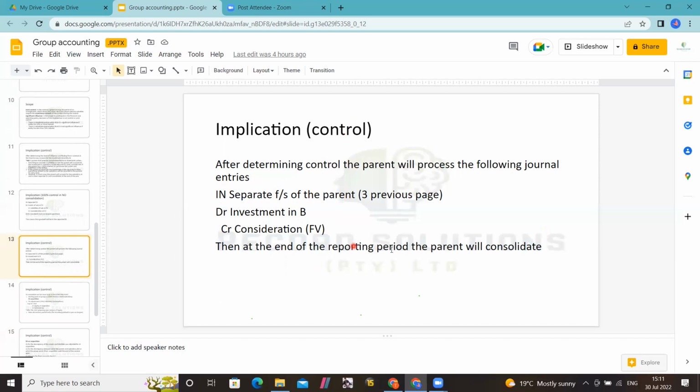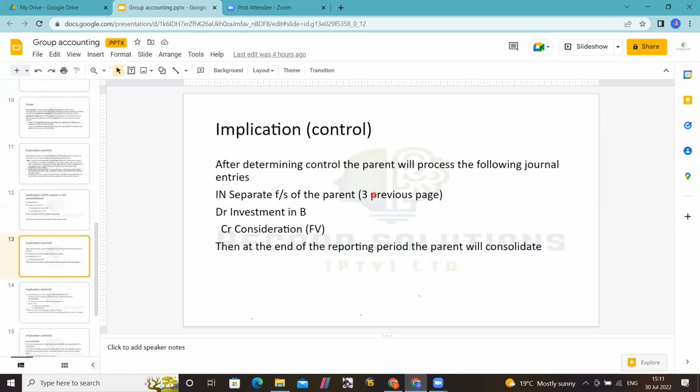Now, at the end of the period, what will happen? The parent will consolidate. And do you see that in the subsidiary's records, there's nothing that's going to be recorded when this transaction happens? Because the parent is buying shares in the subsidiary, right? And